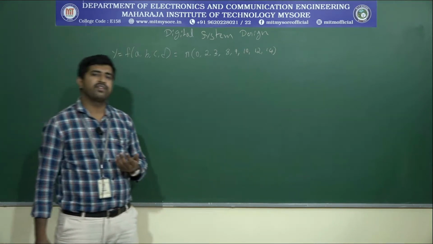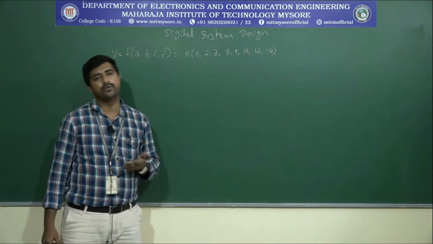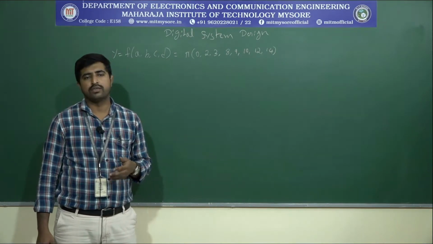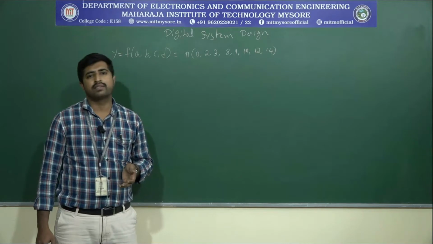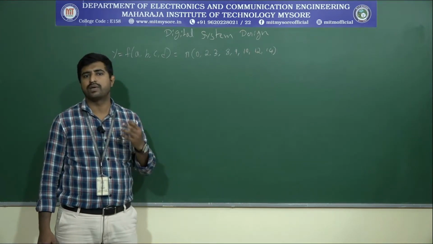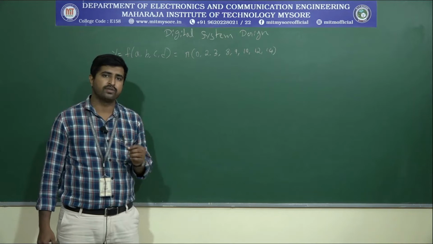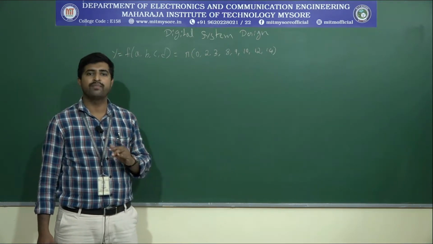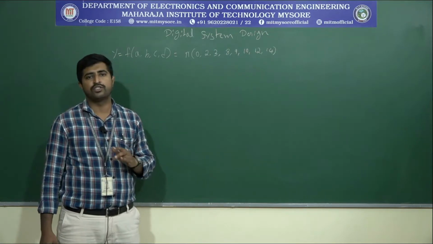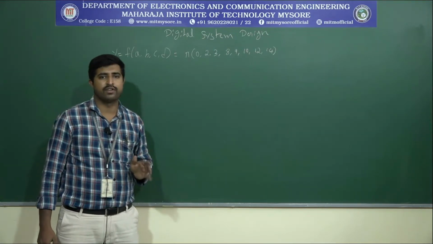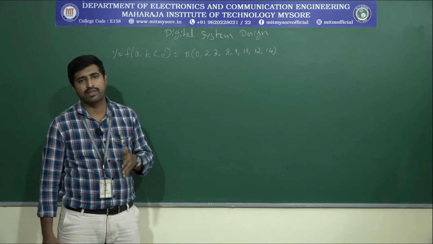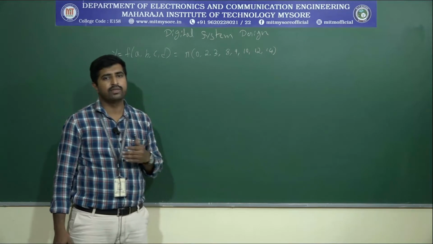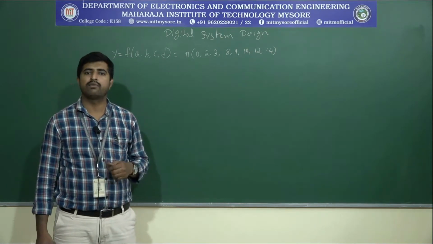In the last class, we understood how to group the logical ones for a min term expression, or group the logical 0s for the max term expressions. What is the procedure to group? Keep in mind, we always need to group the higher order. It's possible to group a large number of logic ones or logic zeros, and we need to prefer that, and then look for the lower order groups. We have solved a few problems already. Let's take one more problem.